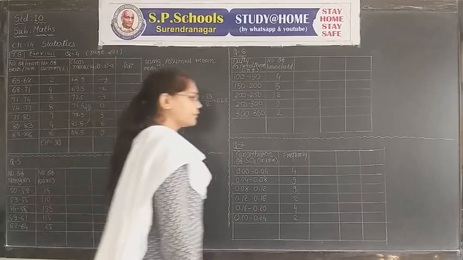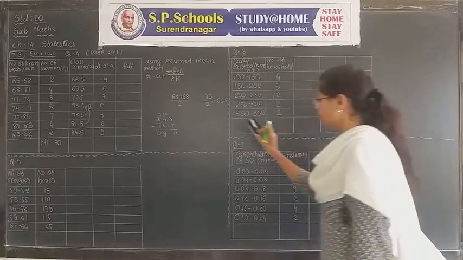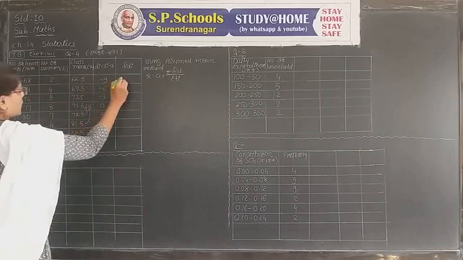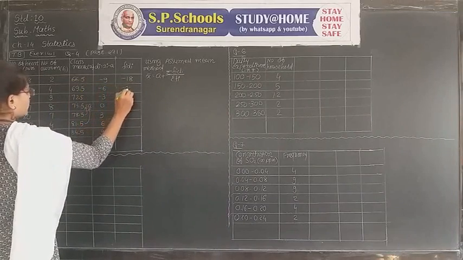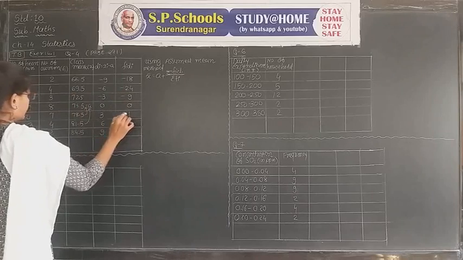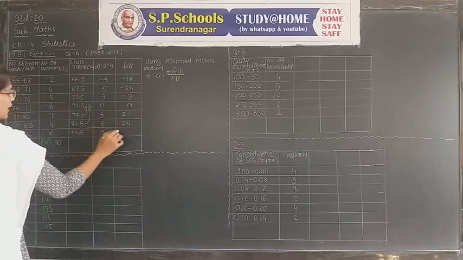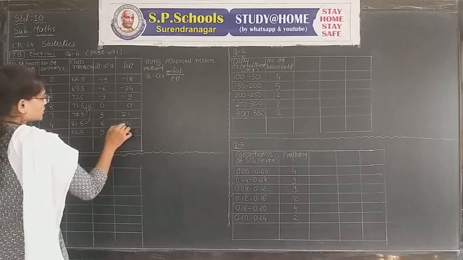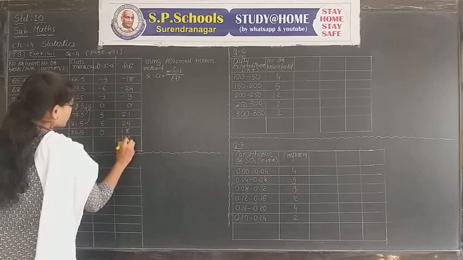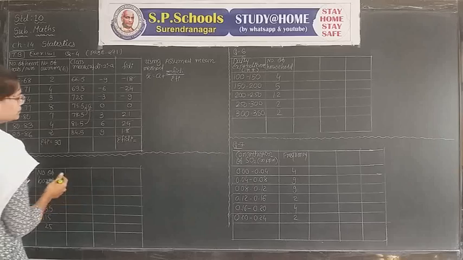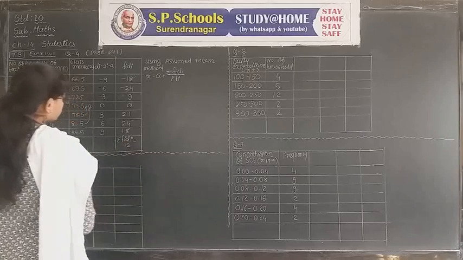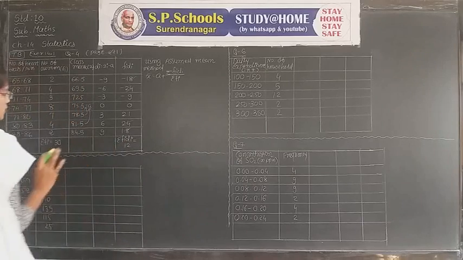Now we multiply fi with di. It is our rough work, not necessary to write in the solution. 2 9s are minus 18, minus 24, minus 9. Here is the 0. 7 3s are 21, 6 4s are 24, 9 2s are 18. What happened here? Plus minus 18 and 24 are cut. 21 minus 9 gives us sigma fi di is equal to 12, positive 12.